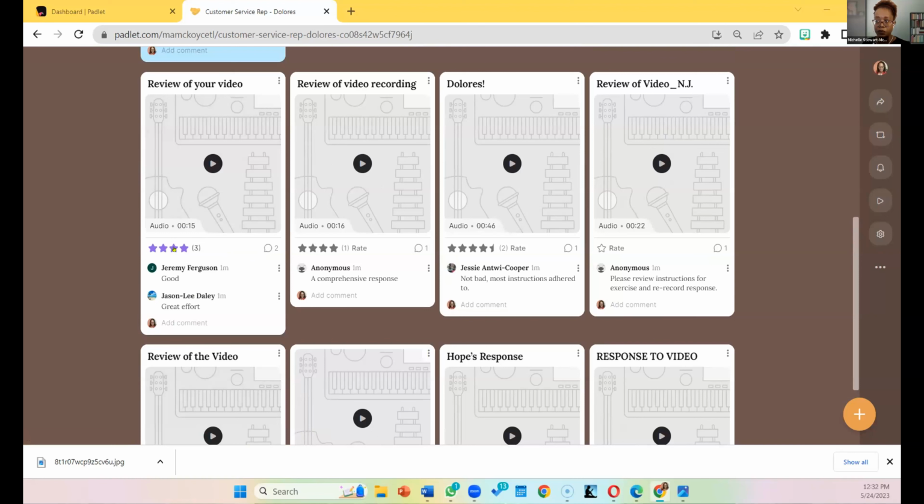We know because of the 3 beside the 3 how many persons have ranked, and the comments icon with a 2 beside it tells us that 2 persons have commented. So you can gather quite a bit of information right here on this board. Okay. Now, there is one more Padlet that we're going to look at, and then we are going to create